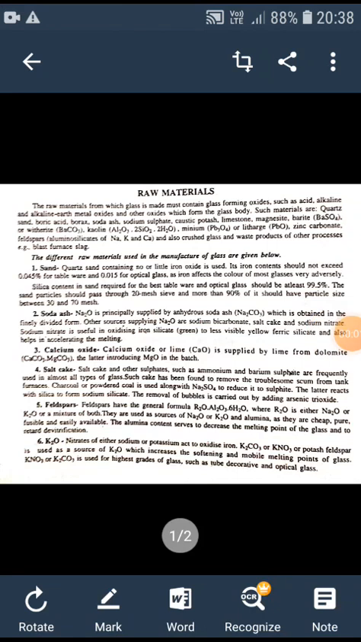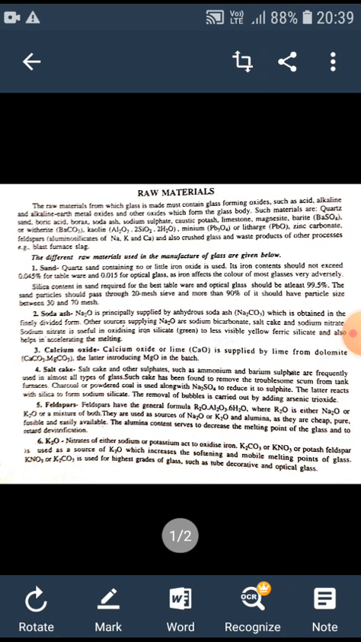Materials used in the raw manufacture of glass. The raw materials from which glass is made must contain glass forming oxides such as acid, alkaline, and alkaline earth metal oxides, and other oxides which form the glass body. For example, quartz, sand, boric acid, borax, soda ash, sodium sulfate, caustic potash, zinc carbonate, crushed glass, and waste products of other processes. The different raw materials used in the manufacture of glass are